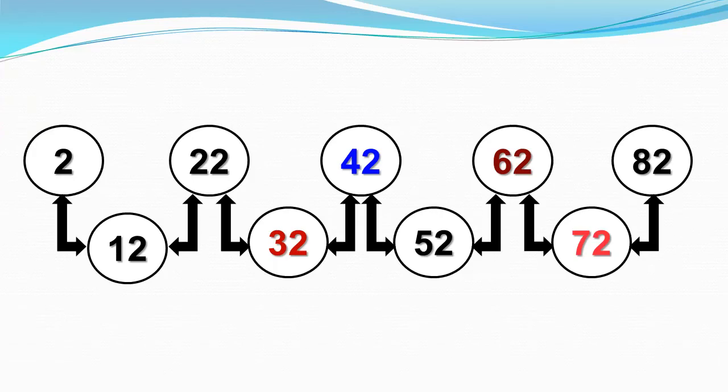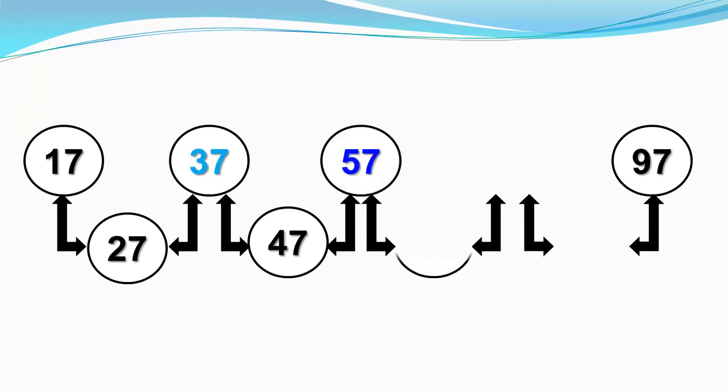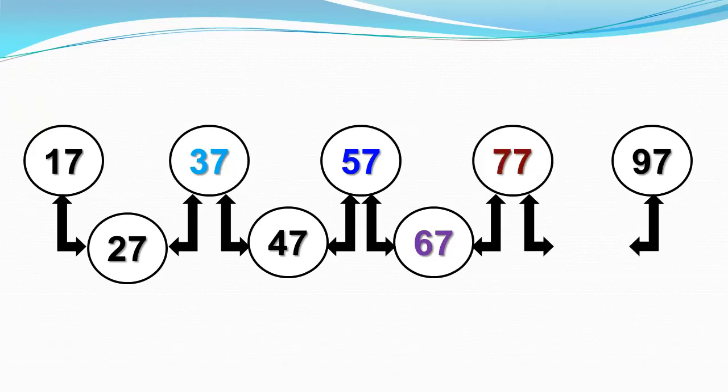Now in this example, the number is 17. And when tens will add into 17, the number will come 27. And after 27, the number will come 37, then 47, 57, 67, 87, and then 97.